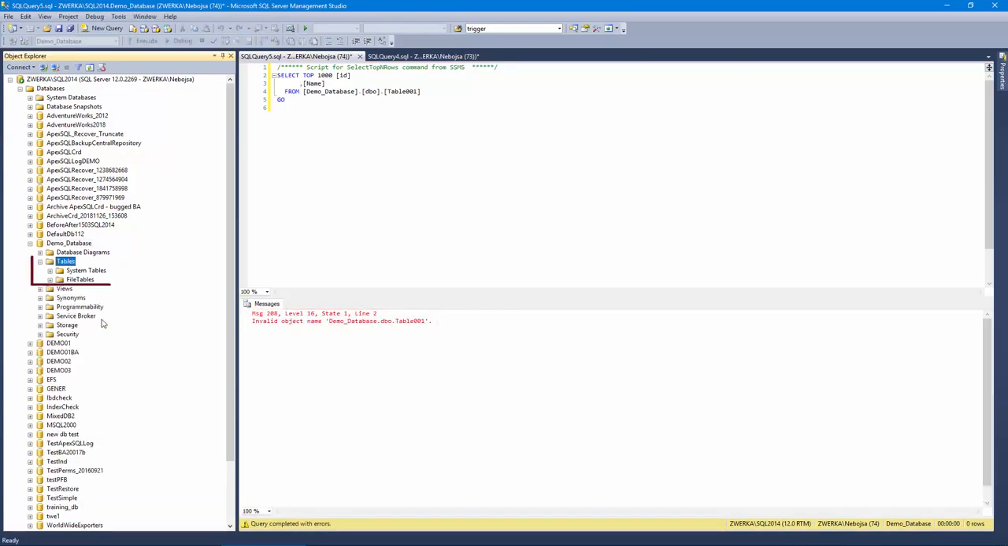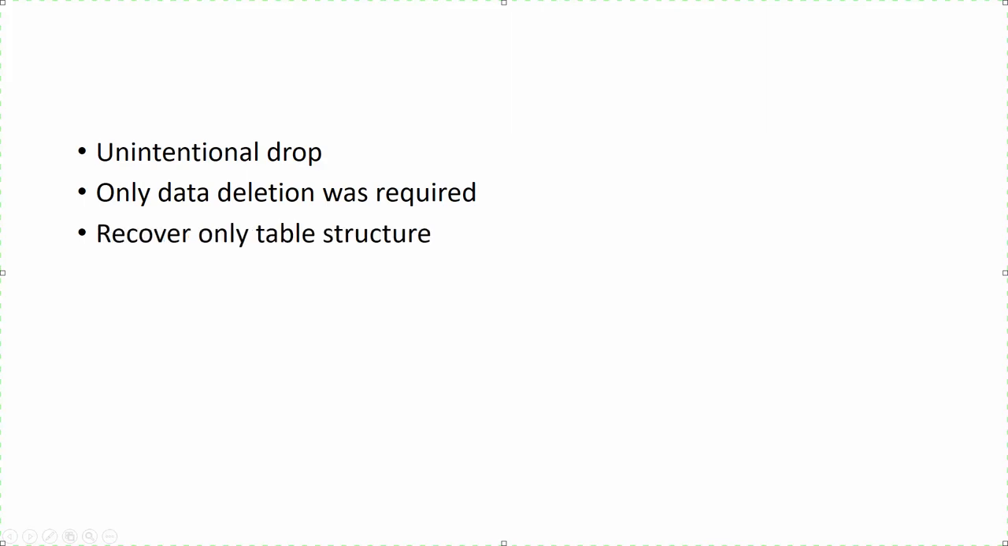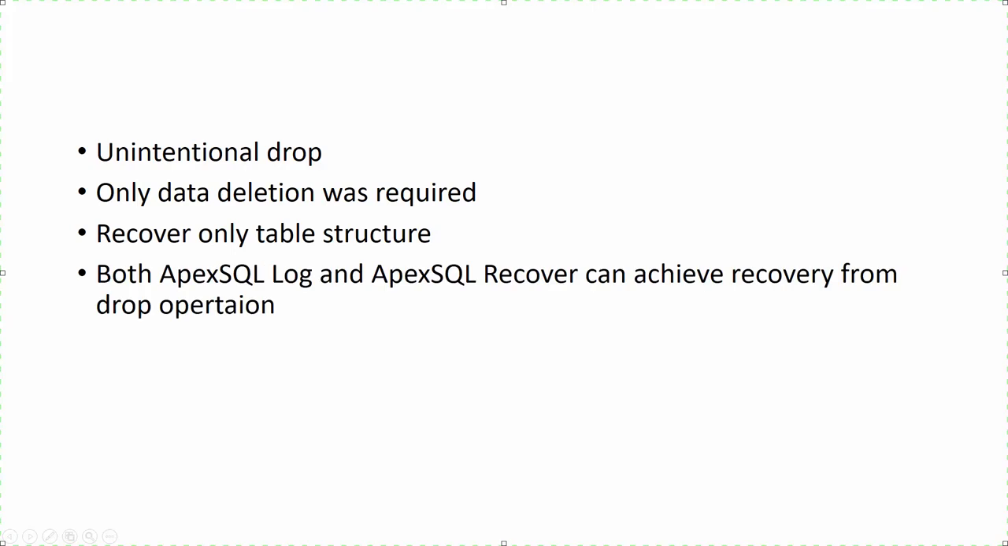First, let's assume that the drop occurred as a mistake and that the user only wanted to delete the data from the table and not the structure. Basically, the user has executed the drop operation instead of the delete operation. This means that we would like to recover only the table structure, which we can achieve with both ApexSQL Log